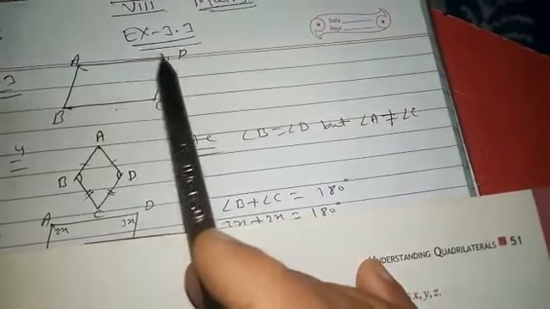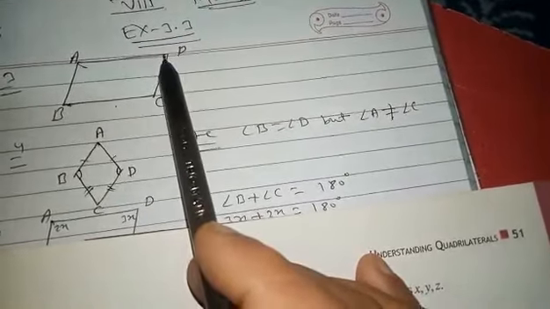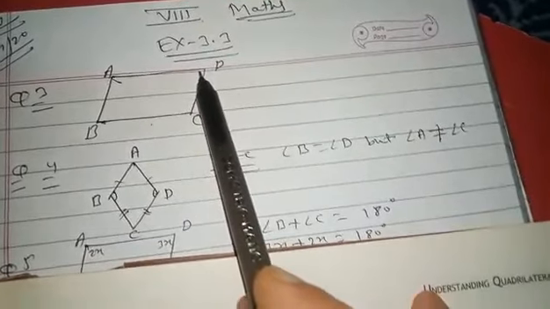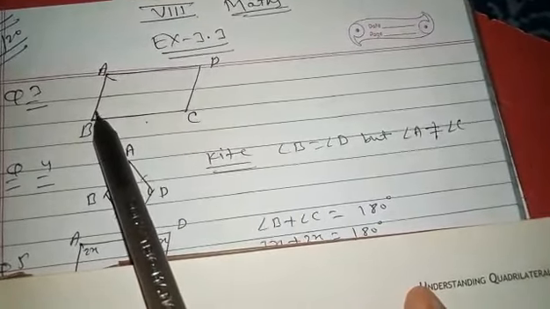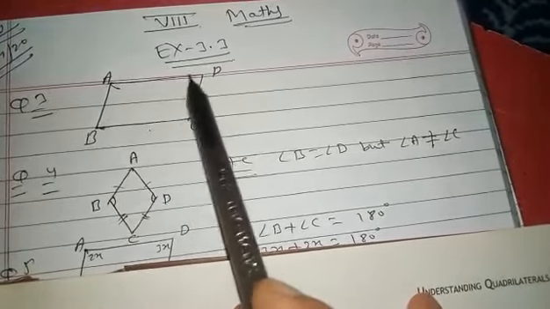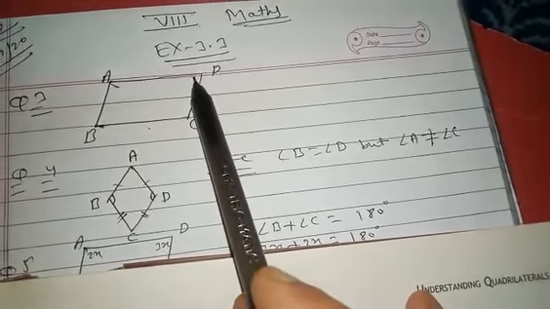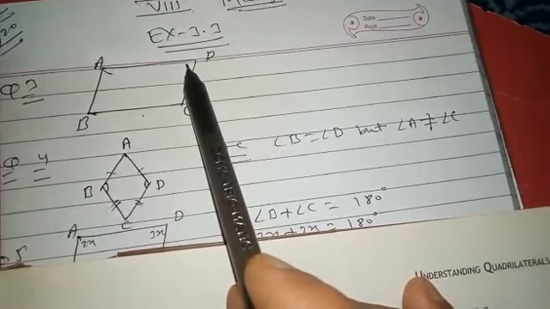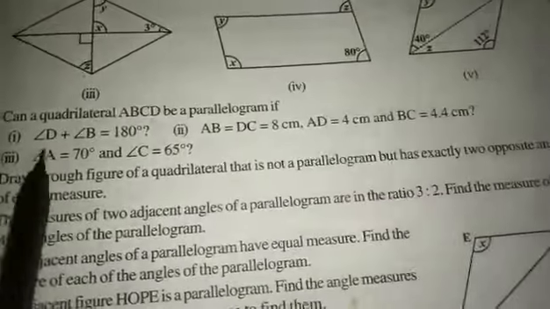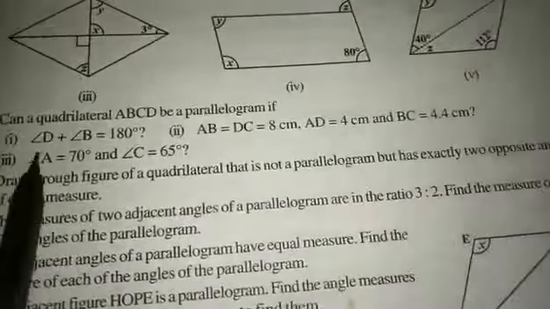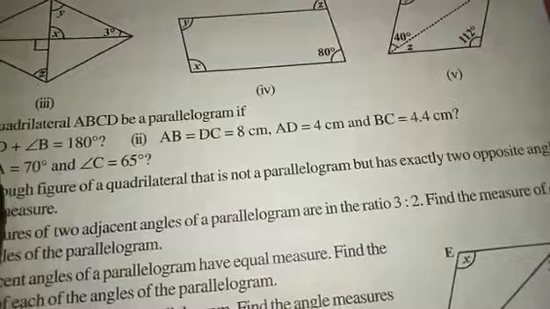when it will be 180 degree, when the parallelogram will be rectangle or a square, then it is possible. If our parallelogram is a square, then the sum of opposite angle will be 180 degree, or when ABCD will be rectangle, then their sum will be 180 degree. So it may be possible because a square and rectangle is also a parallelogram. So condition first may be possible for rectangle and a square.